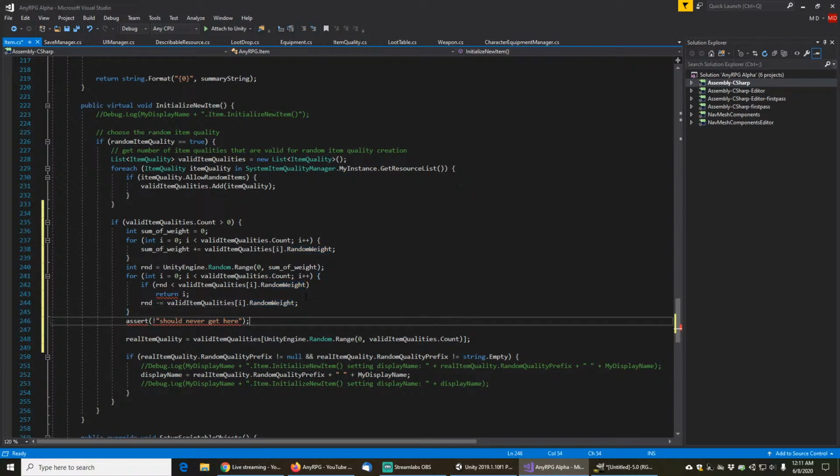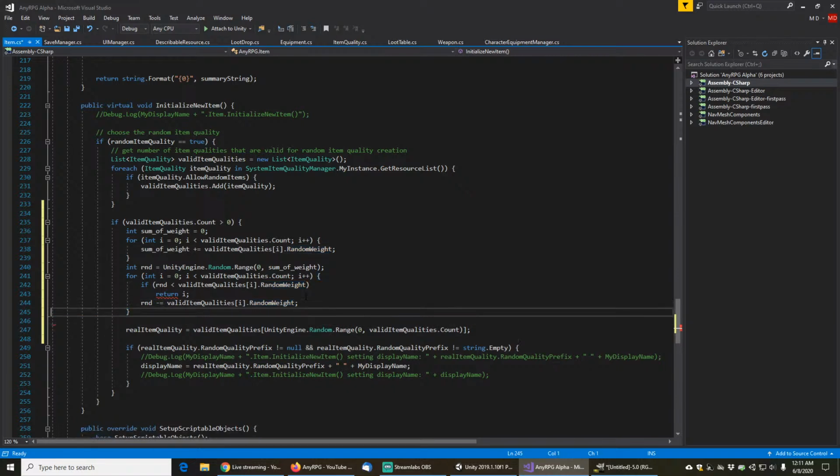Okay. And we're going to assert that, or remove the assertion, and basically now what we can do is